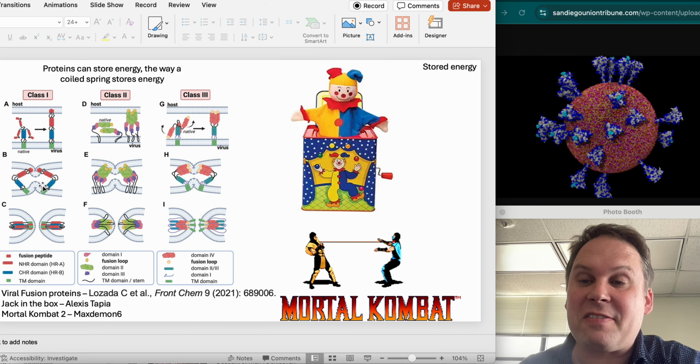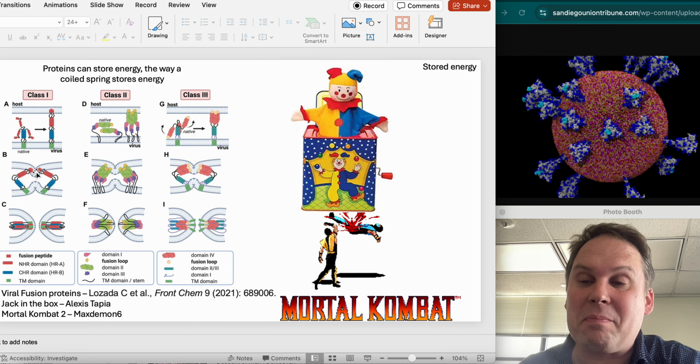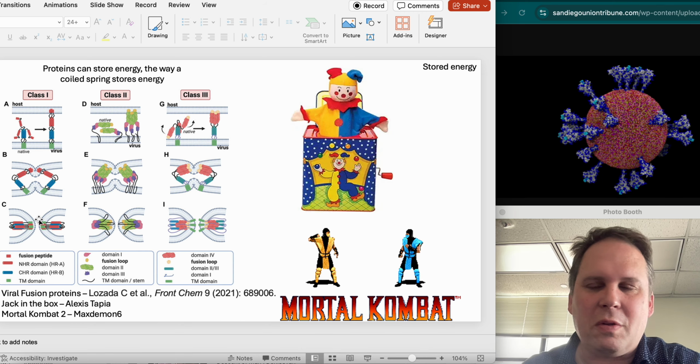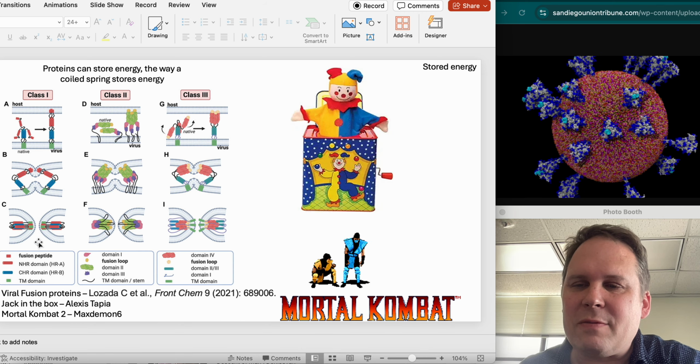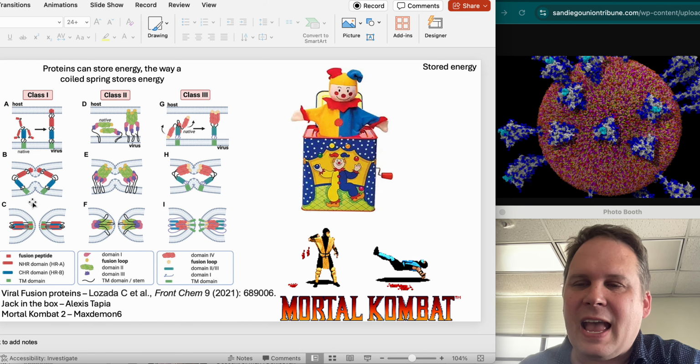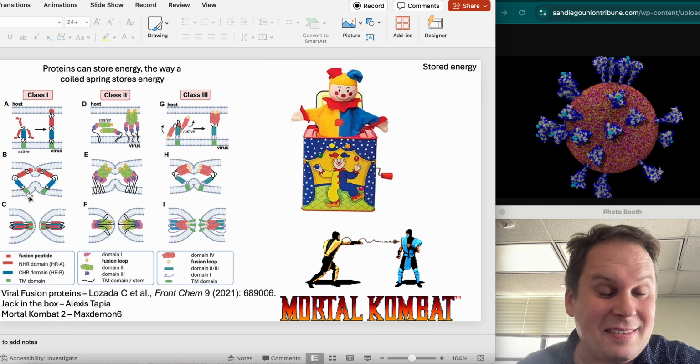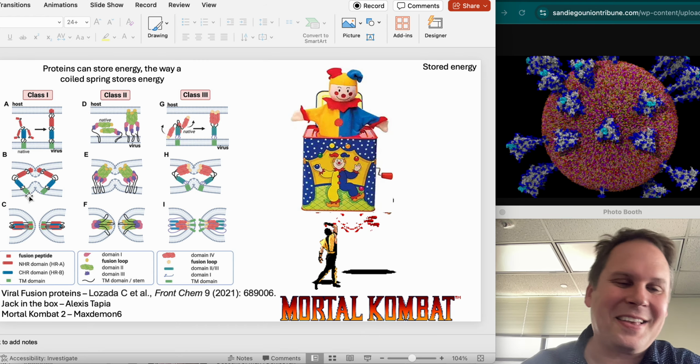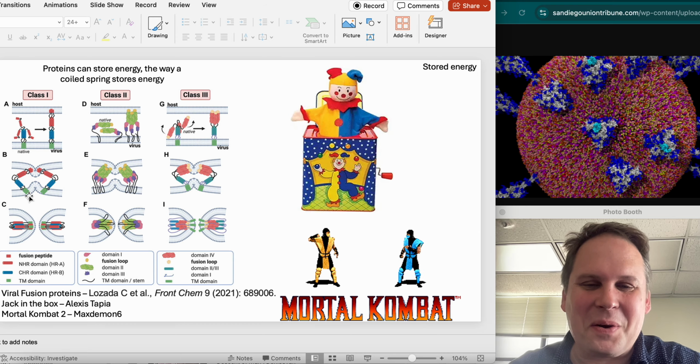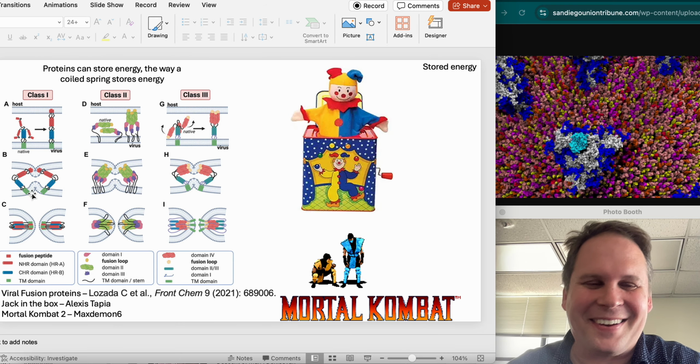They're actually going to crash the virus membrane, if it has one, into the cell membrane. And that is going to make a little opening. And that little opening is the hole, because the virus genome is waiting right down here, and the inside of the cell is right up here. And once you crash those two things together, now the virus genome is inside the cell. And that cell is infected. Yeah, that's how it works. Bam, get over here. All right, yeah.